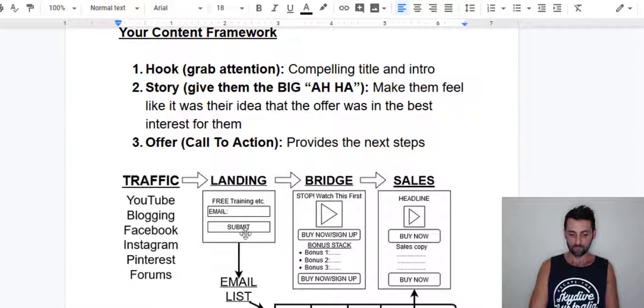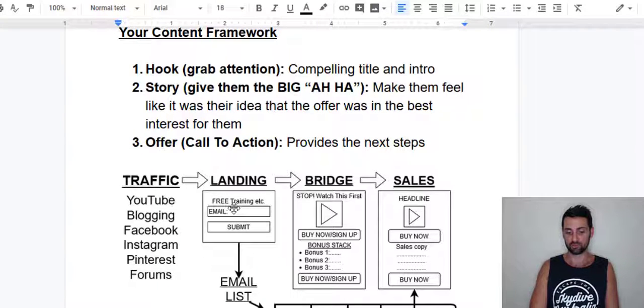The next thing, so yeah, you'd have all that set up, but once they've actually opted in, so now funnel, this is basically a sales funnel if you don't know. It's a process of automating the sales process. If you don't know anything about this, head down to the comments and let me know, and or subscribe to my channel, and in the future I'm going to bring out a video explaining all of this in a bit more detail.